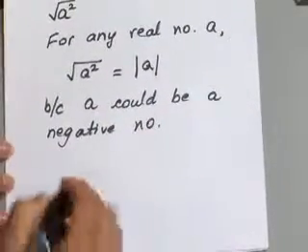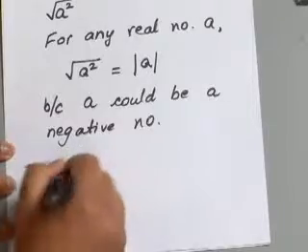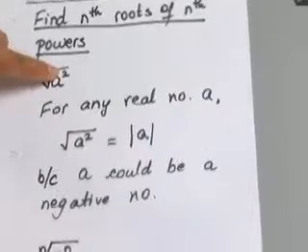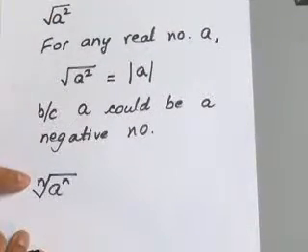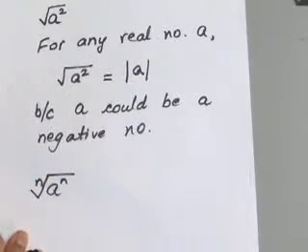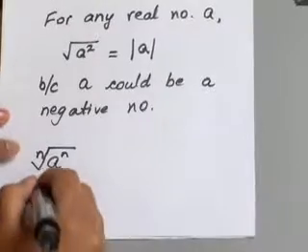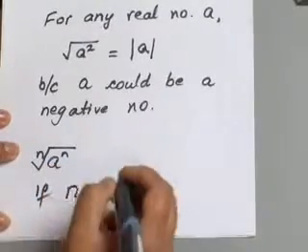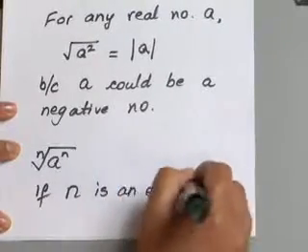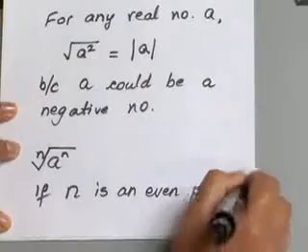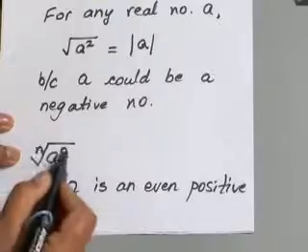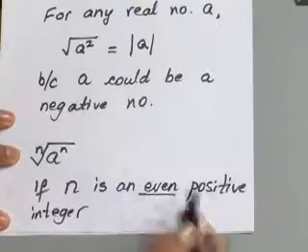Okay, so what happens with higher powered roots when you have nth root of nth power? In this case, you had square root of a squared. Here we're talking about what if you had any other, cube root of a to the third, or fourth root of a to the fourth. Any of those situations, what would you do? Okay, so if n is an even positive integer, so we're talking about this n here, okay? If it is an even positive integer,